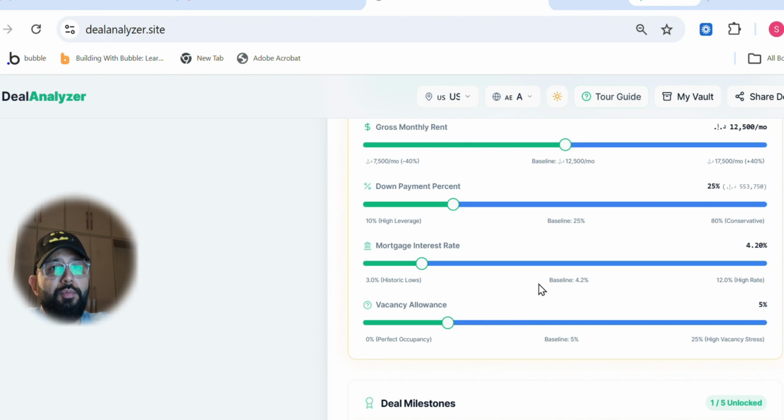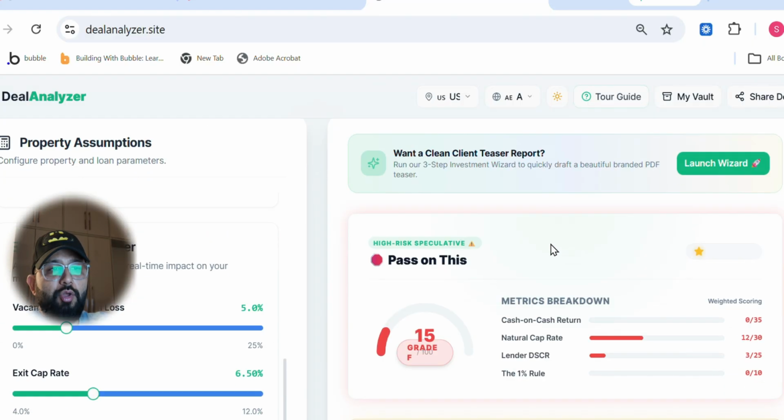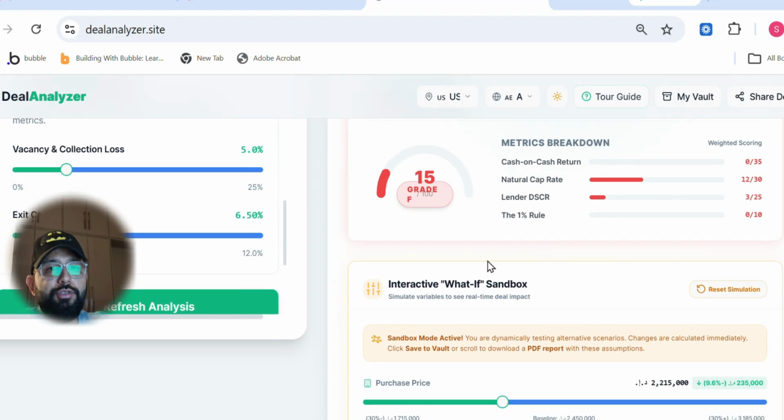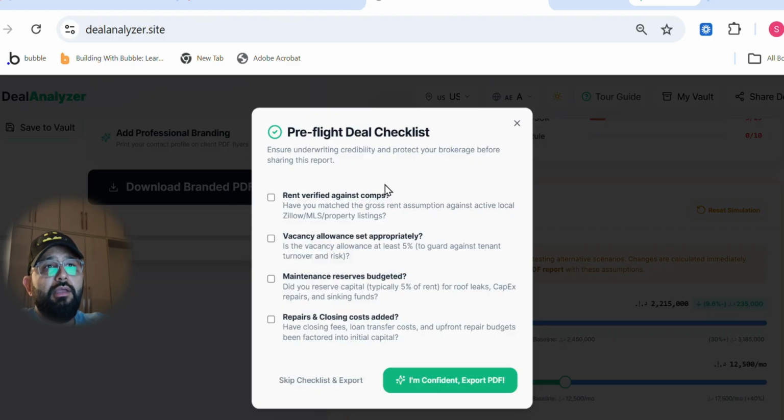this sandbox environment resetting, these simulations. You need to increase and decrease the purchase price, your gross monthly rent, your down payment percent, mortgage interest rate, vacancy allowance. Only then can you come to a conclusion about a property, because it's important that when you decide to buy a property, you do an analysis, and you don't have to open a spreadsheet to do